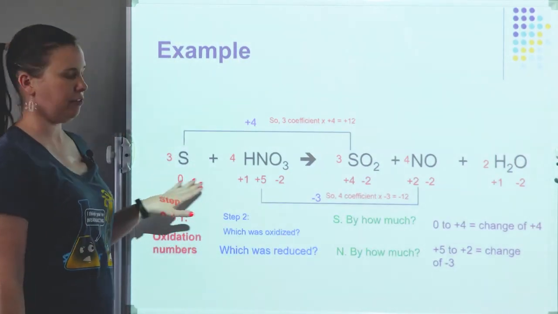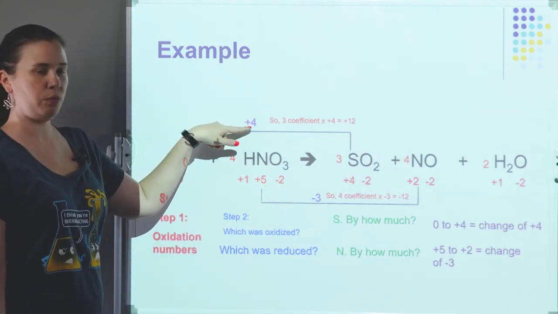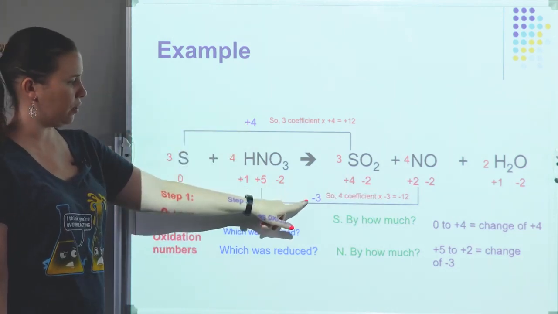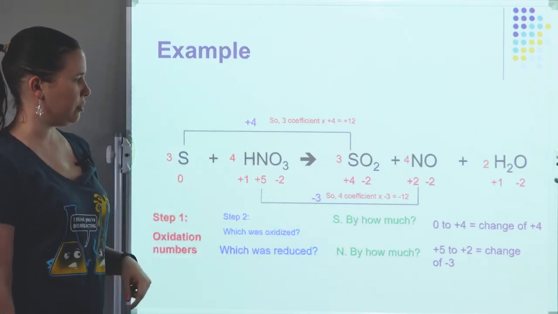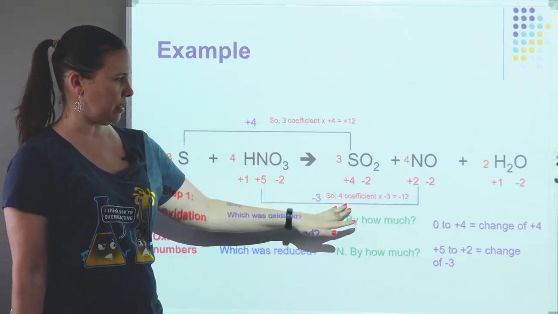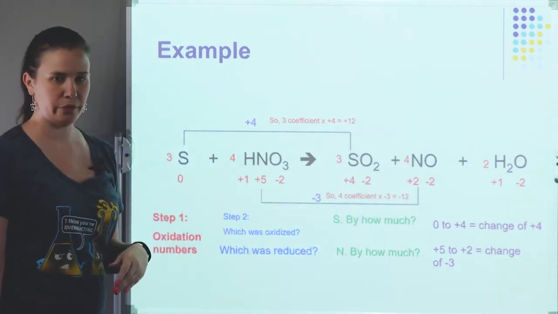You start off by identifying all of your oxidation numbers. Then you do your brackets, where you're showing the gain and the loss in the oxidation number, or the increase and the decrease, I should say, in the oxidation number. Then you find your multiplier